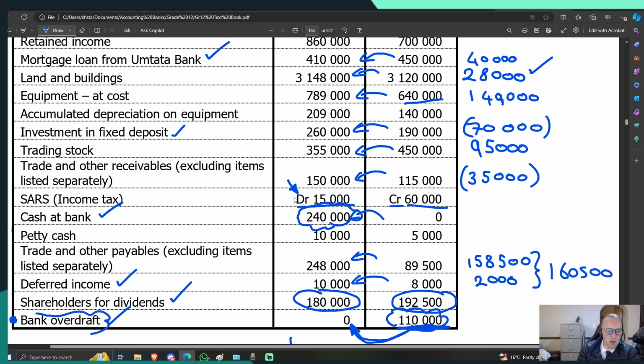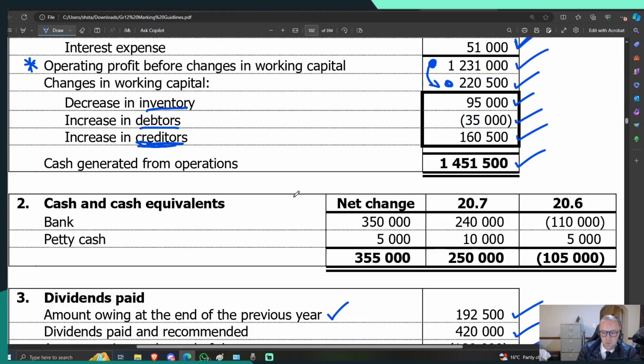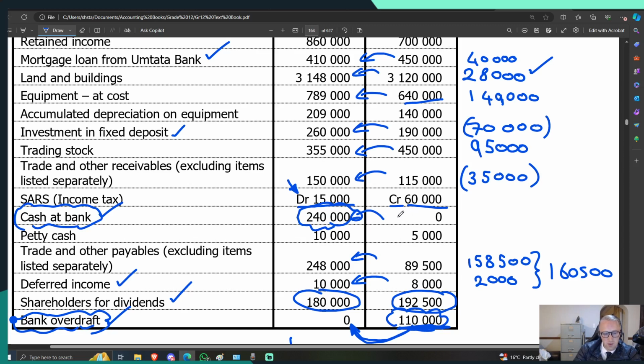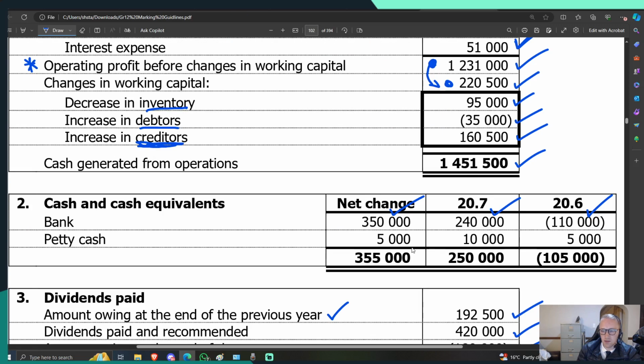Negative 110,000 up to positive 240,000. That is bank overdraft up to cash at bank. So it's a total change of 350,000 rand. So here is our starting figure for bank of negative 110,000 up to our ending figure for the year of positive 240,000, so a net change of 350,000. But there are other cash and cash equivalents too. We have petty cash, which changes from 5,000 to 10,000, which is a 5,000 increase, which means our net change in cash and cash equivalents must be